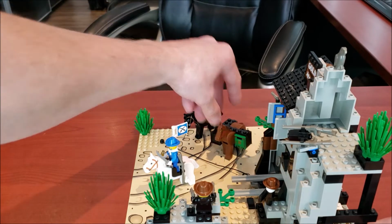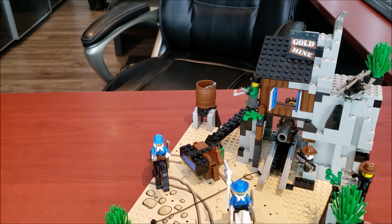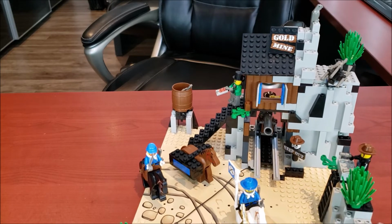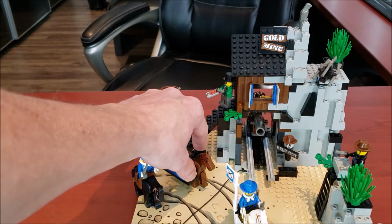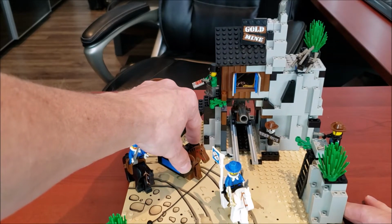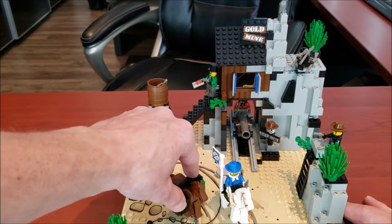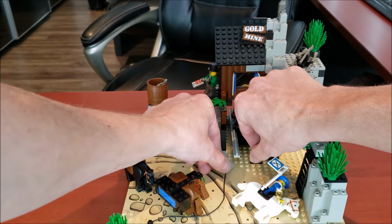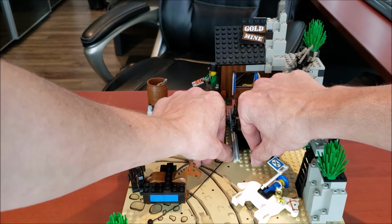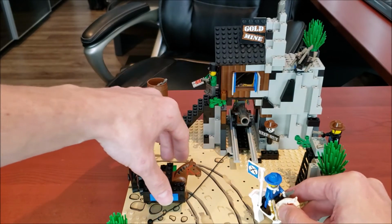And then let's move on to the front. So now let's get into some of the features. What I really liked about this set, we already got into the little barrel. But the best part of this set as far as features go is, let's say this horse is walking along the gold mine path. He trips on this and, okay, well that was pathetic. Let's try that again. That was really bad. Maybe I have to be more violent, I think. So he's walking along and